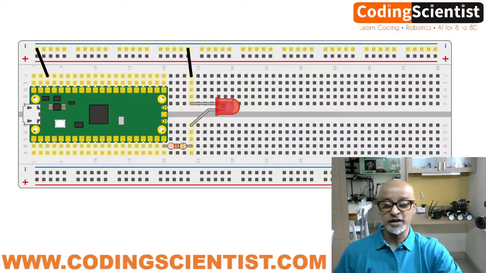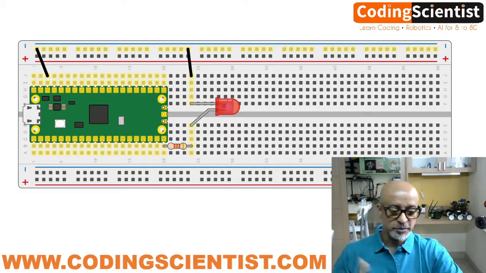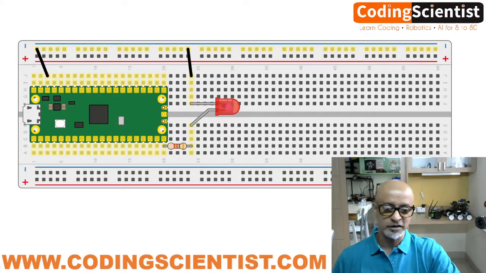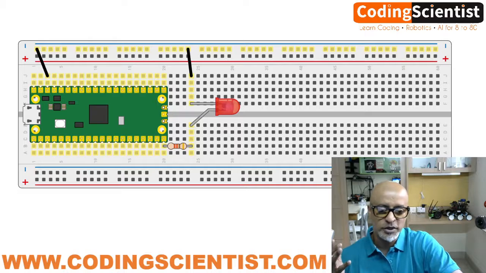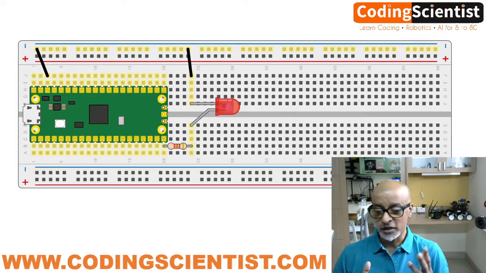So this is the circuit diagram which you are going to build on your breadboard. It's basically one single LED and a resistor. So in this lesson you can learn to control an external LED, any kind of LED, red, green, blue, or a normal LED, connect it to your Pico, and get it to read the input from the MicroPython program. So what you need to do is go ahead and collect a resistor, a breadboard, and a few